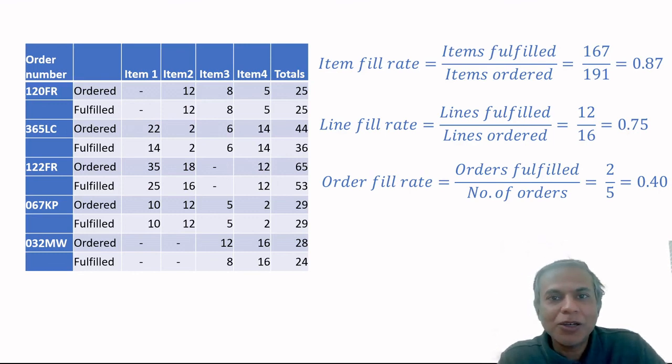So what we saw here was two types of inventory metrics. One measuring from the point of view of inventory performance, which was the inventory days or inventory turns, and second from the view of customer service, which is these different fill rates. In the next video, we will take this discussion ahead and talk about inventory and